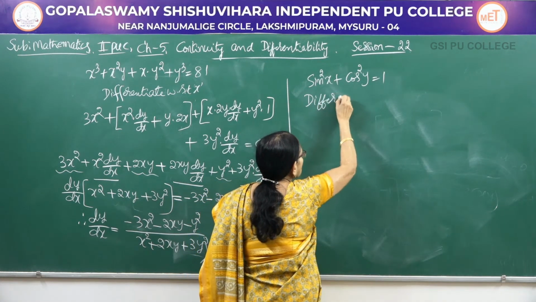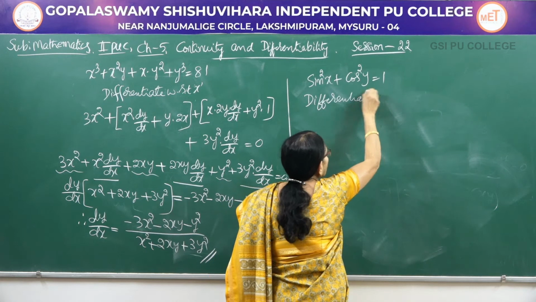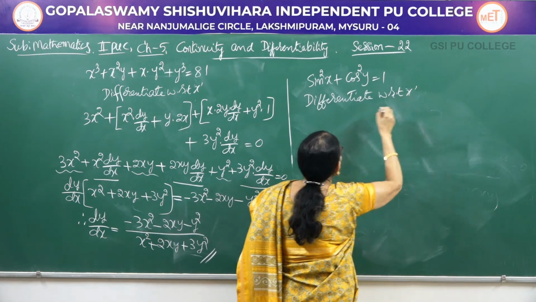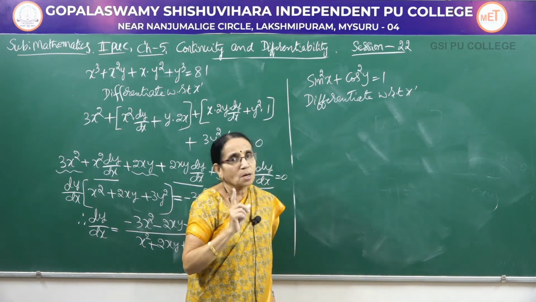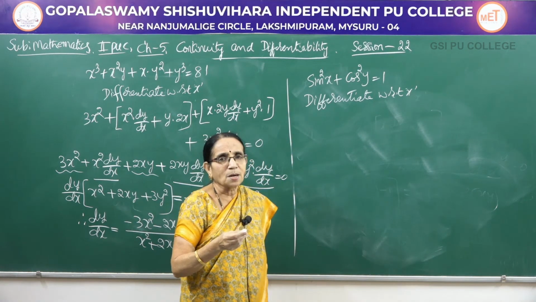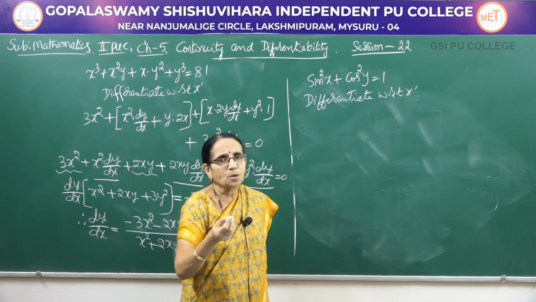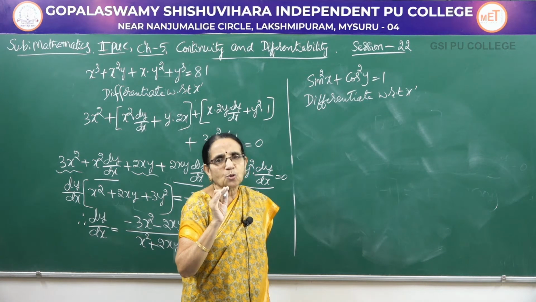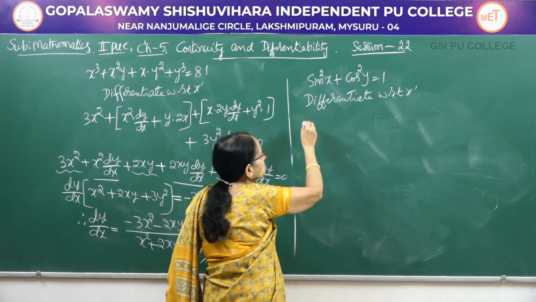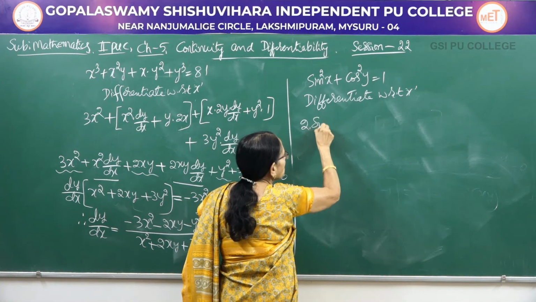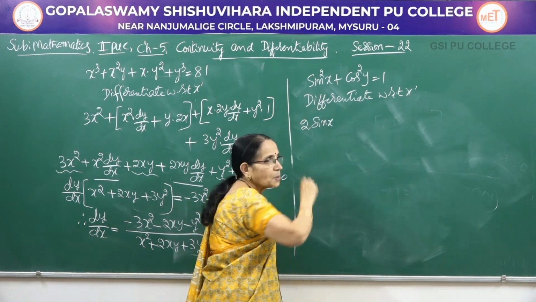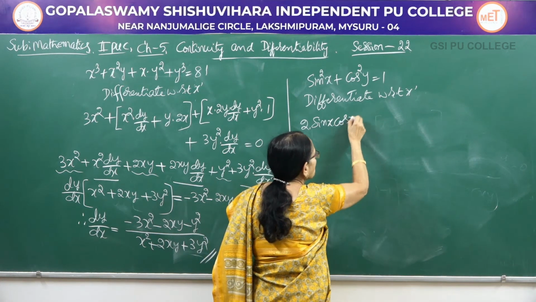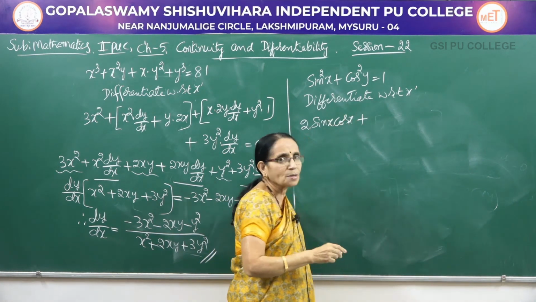Differentiate with respect to x. Now here we have to apply the chain rule. Sin square x means it is sin x the whole square. So I told you, if the function is having a power other than 1, first preference should be given to the power. So sin square x becomes 2 into sin x. So the power part is over. Now sin x has the derivative cos x. So this is over. Come to the second one.